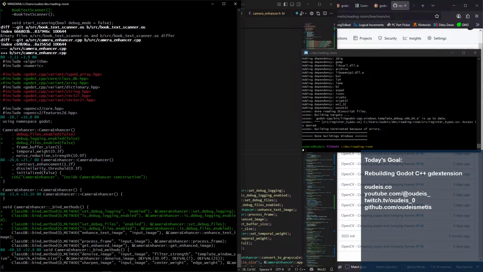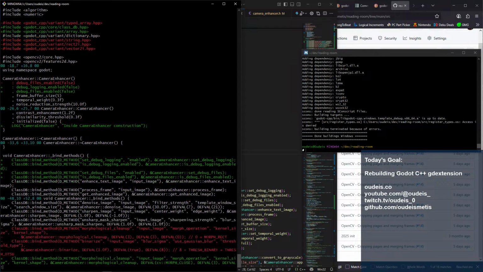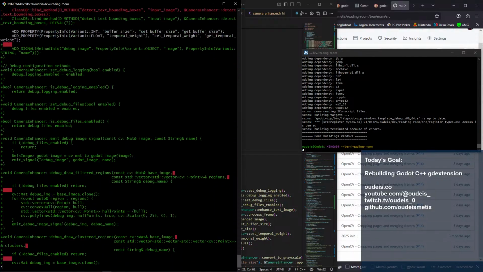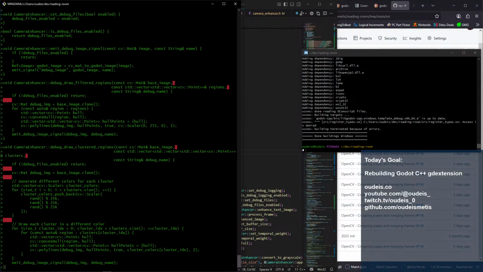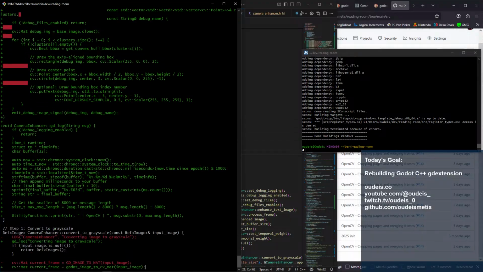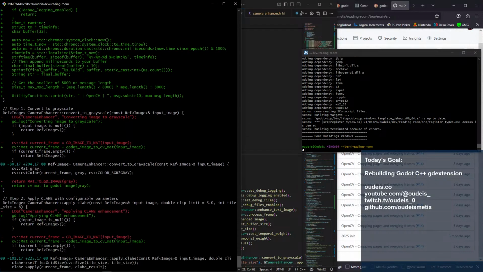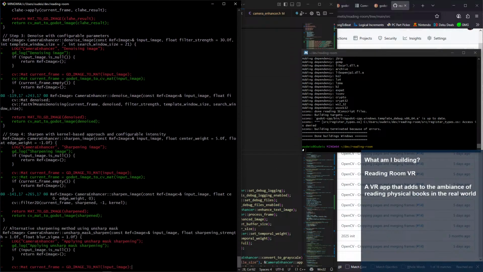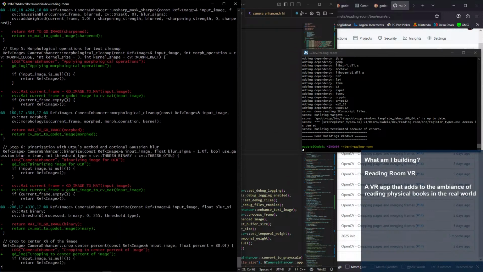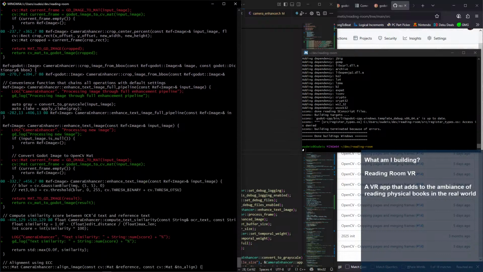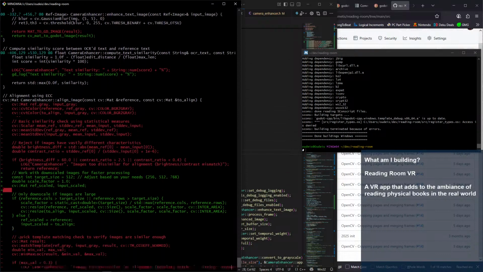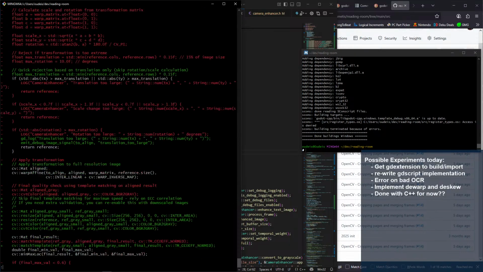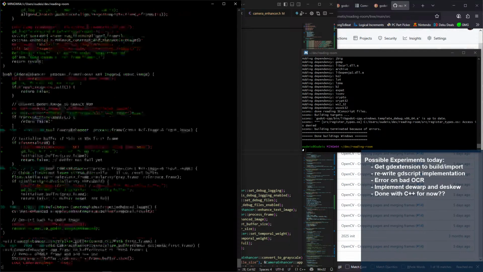Camera enhancer does have a bunch of stuff. That's different. Camera enhancer is different. Yeah, there's a bunch of stuff here that got removed. It's really the enhancer.